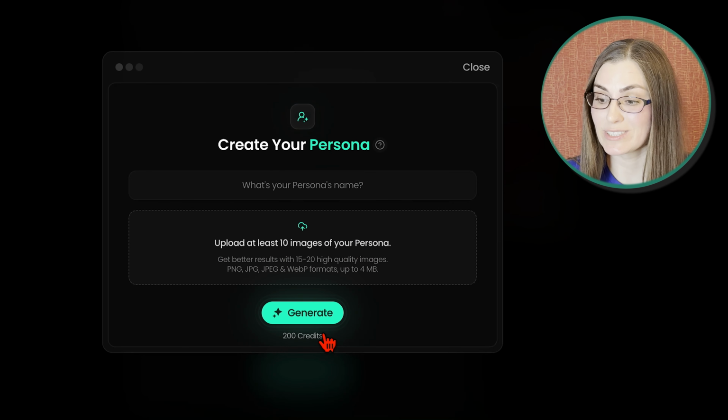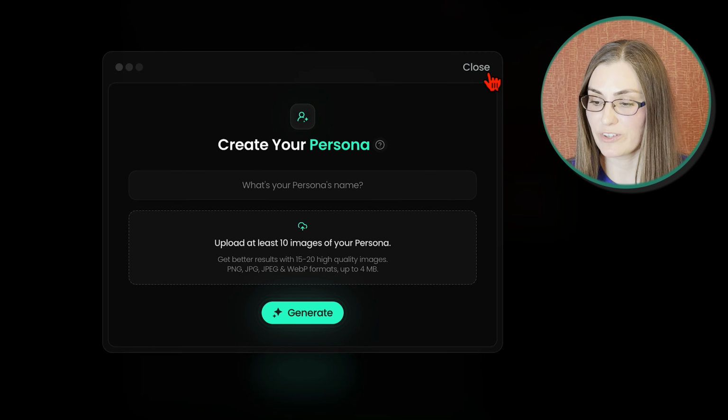To do that, we need to create a persona. I've already created one for myself, but to make a new one, you just click create, and it will walk you through the steps. Basically, you will need to upload at least 10 clear images of someone's face. And my personal advice, upload the images with different facial expressions. Smiling, serious, maybe even angry. That's super important. If you only upload neutral expressions and then later try to make a thumbnail where you are laughing or shouting, the AI might not get it quite right. It will still look like you, but not exactly.